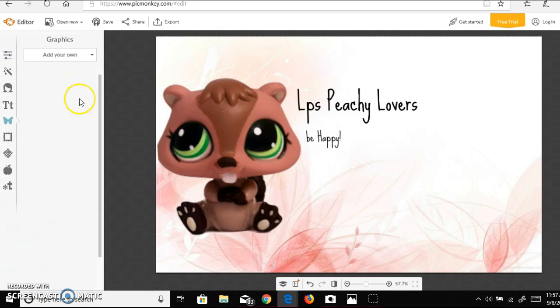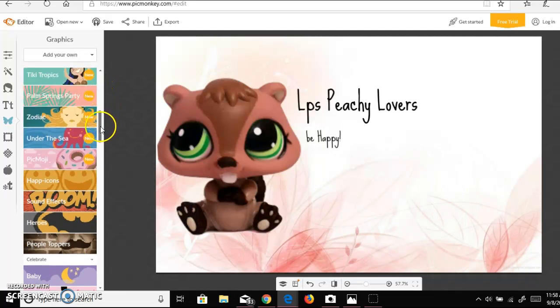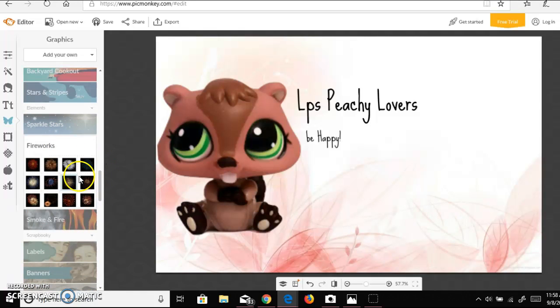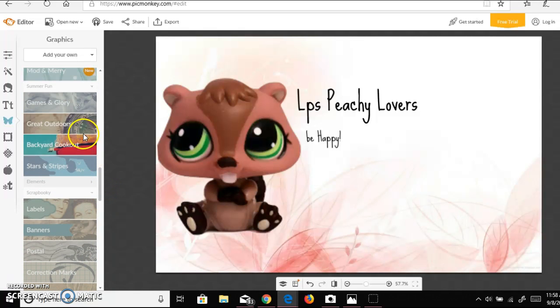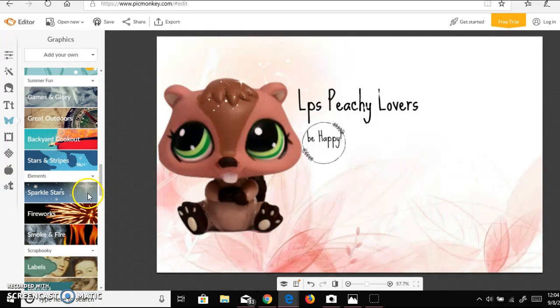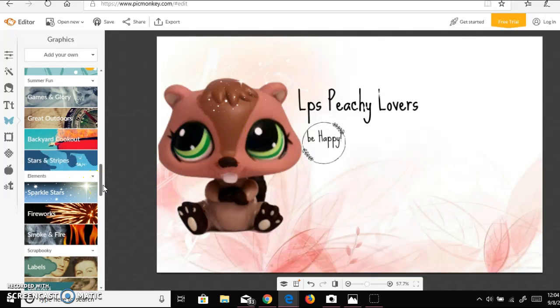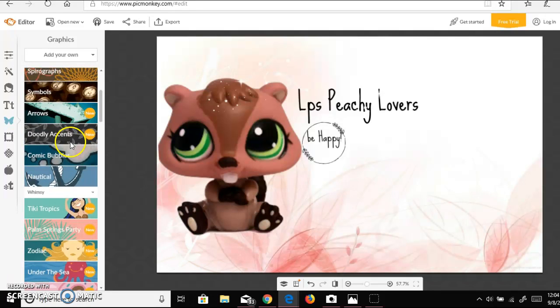Okay, so now you wanna go to a butterfly and go down to sparkles and stars. You could just pick whatever one you want. So yeah. Okay, so all I've added was some sparkles and stars. I added this one and this one. This one was right here, and that one's right here, as you can tell. And then I've also went to the doodly accents, and I used